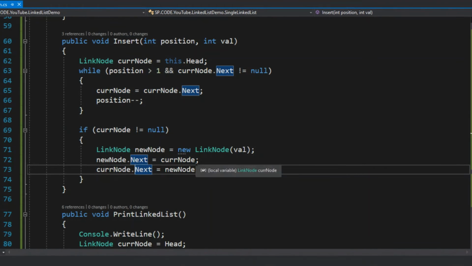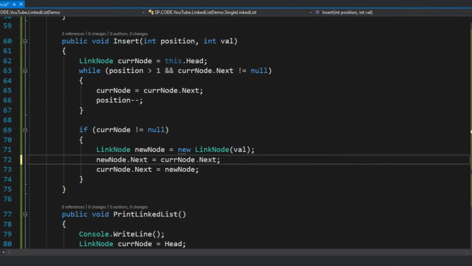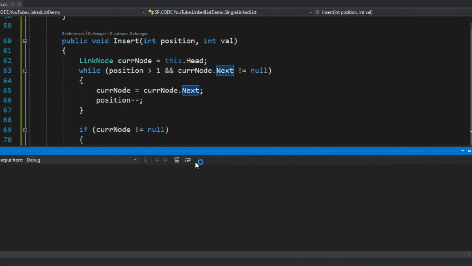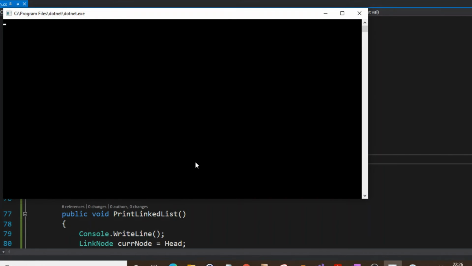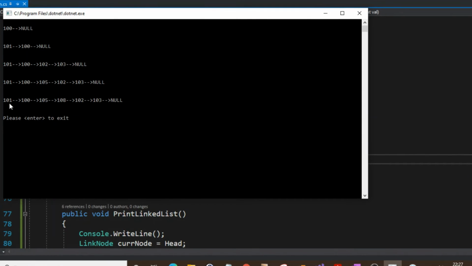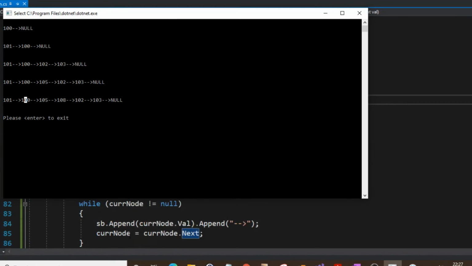Yeah, new dot next equal to this should be the right command here. So if you see, right, we are able to add 101, 102, 105.